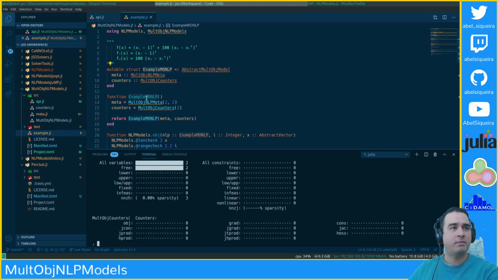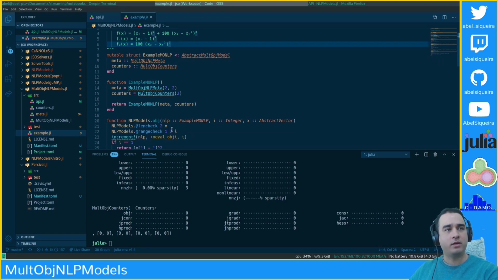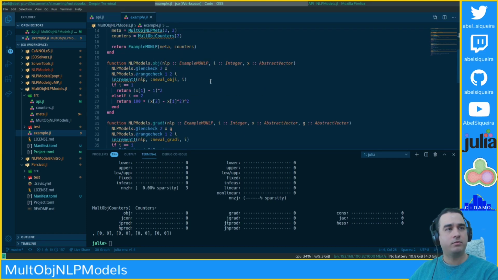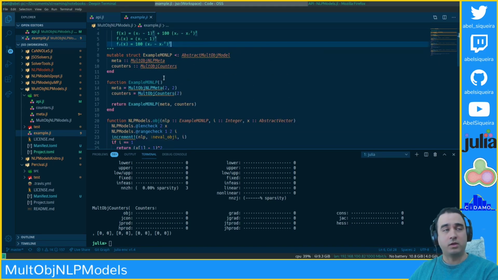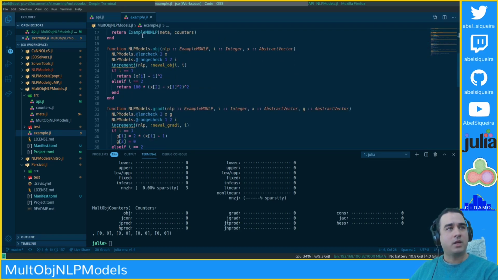And the example MONLP is the Rosenbrock function, and looking at it separately in two objective functions. F1 is (x1 minus 1) squared, and F2 is 100 times (x2 minus x1 squared) squared. So I'm gonna use the weights 1 and 1 here. I think the default is 1 and 1, so I haven't passed. And that's it. So here the objective for individual I, if I is 1, that part, if I is 2, this part,